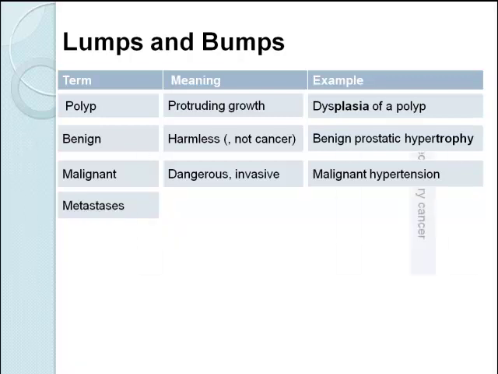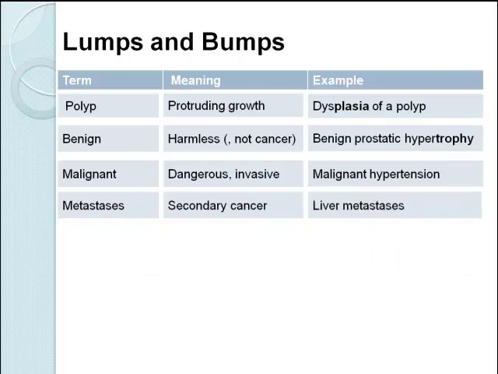Metastases is the term for secondary cancer. A patient may have liver metastases, where the cancer has spread to the liver. A prolapse is when something has fallen out of place. You could have a uterine prolapse, where the uterus literally drops down,